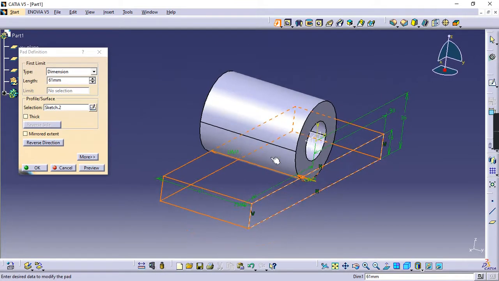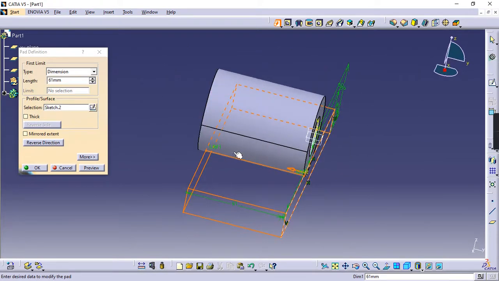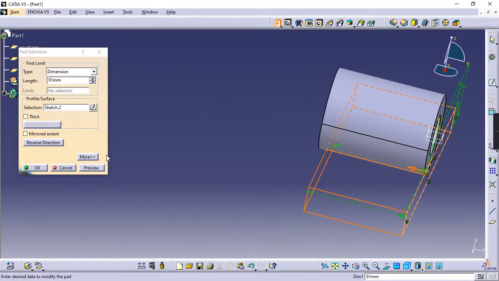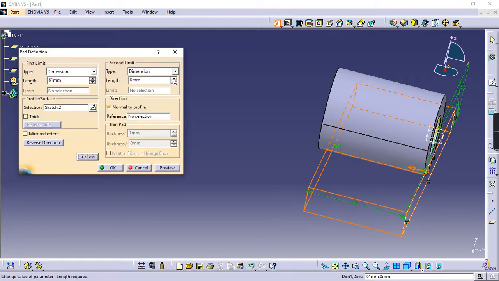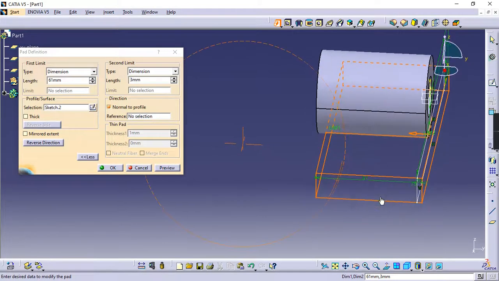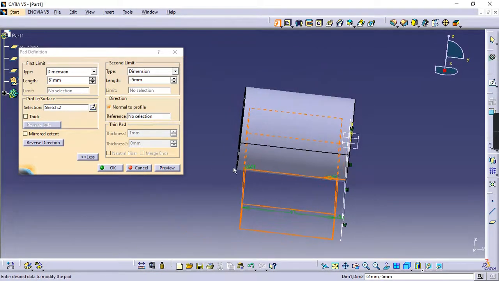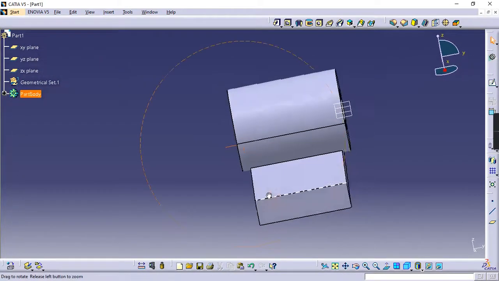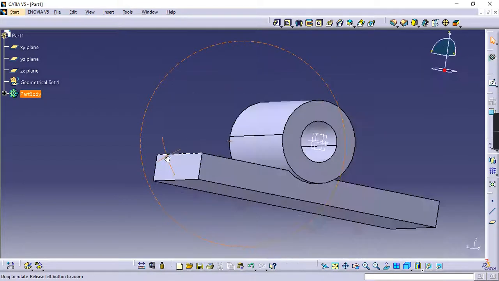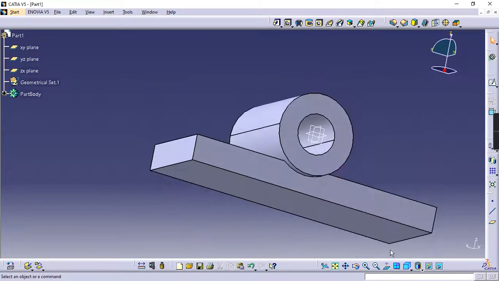What about second limit? We have to reduce second limit, actually it is not at this face. So when I click more, there is a second limit, so increase this distance. If I increase it, it again goes towards right side, so it will add the material. I have to reduce it, so go to the negative 5, that is 61 minus 5 is 56. So this is the required width. Here 5 mm it is reduced, here 5 mm it is reduced, so I got it at the center. So you can get the intersection of this solid.